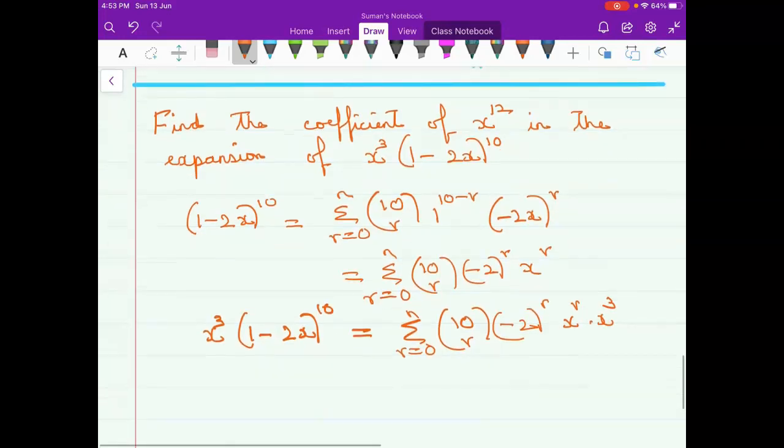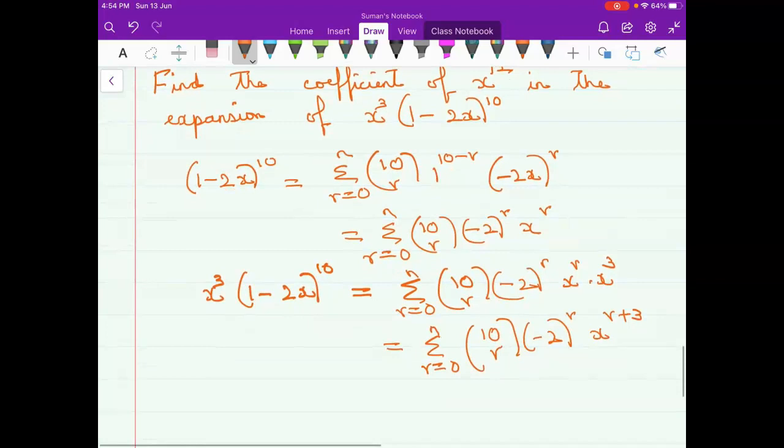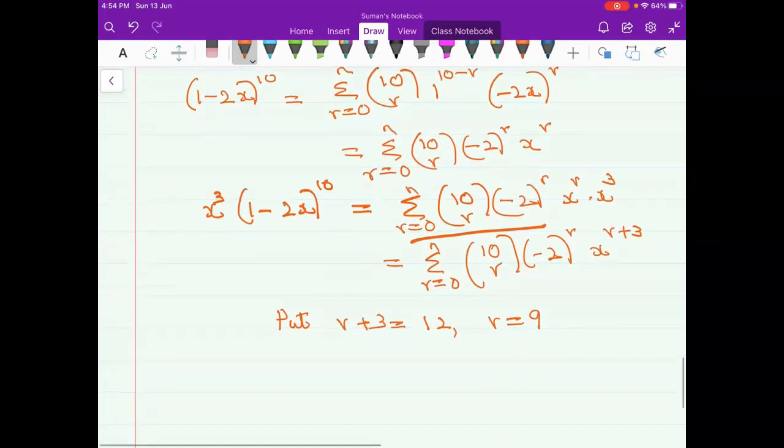And what would be x raised to r into x cubed? That is x raised to r plus 3. So it is summation r taking value 0 to n, 10CR, minus 2 raised to r, x raised to r plus 3. Now we want to find the coefficient of x raised to 12. So I will put r plus 3 as 12, or r equal to 9. And now we will substitute that in this coefficient here. So your coefficient of x raised to 12